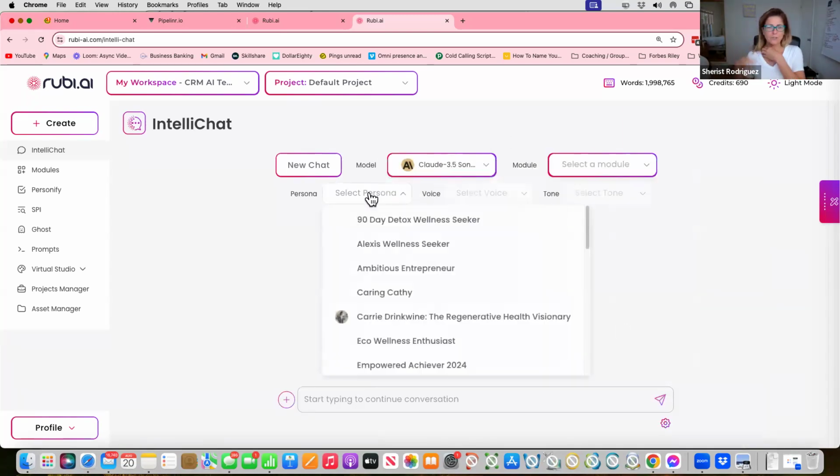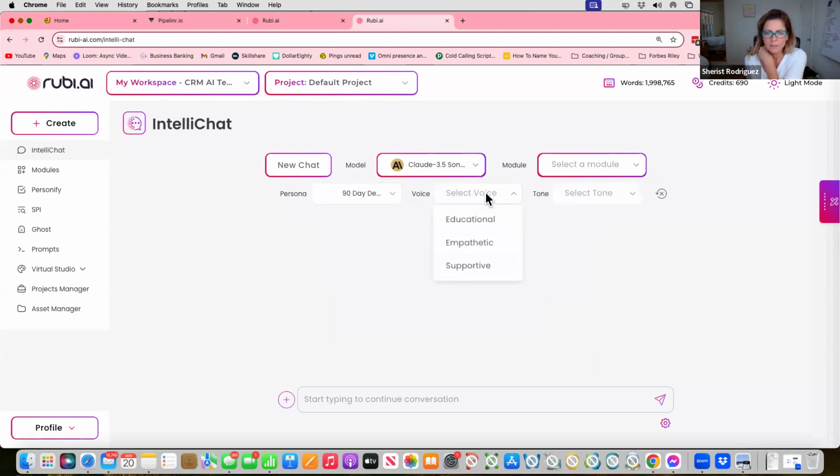And then persona, you can pick that persona. Oh, look at this. I had an older one, so maybe we'll pick that one. Educational, supportive, inspirational, encouraging. I like educational, but I guess it doesn't matter. By the way, it does matter, but for the demo purposes, it doesn't. It really depends on the tone and the voice you want to portray, right? So for instance, during your webinar, you may be more educational, right? Versus maybe when you're trying to sell it, maybe you want to come from supportive.